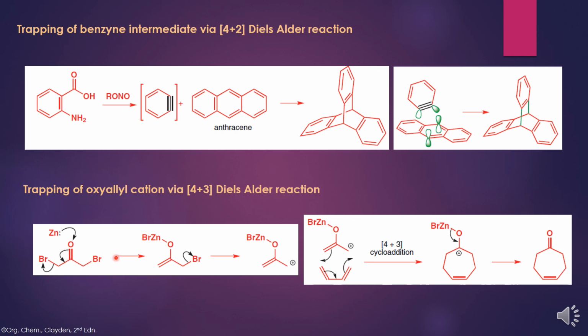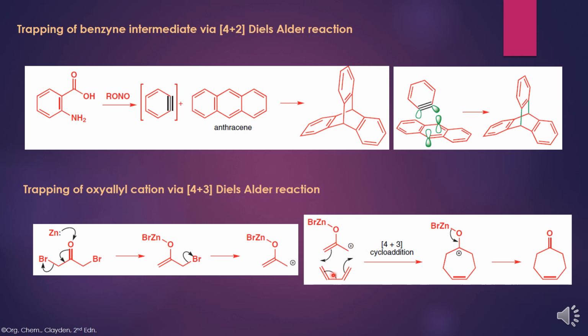From a dihaloketone here, when it reacts with the zinc, the zinc donates its electron to the oxygen, thereby the electron shifts to here and Br gets eliminated as Br minus and we get a double bond, and this Br also gets eliminated as Br minus, thereby forming a positive carbocation center, and this is an allyl cation with the oxy substitution. So this is oxyallyl cation, and this is also a reactive, short-lived intermediate species, and to